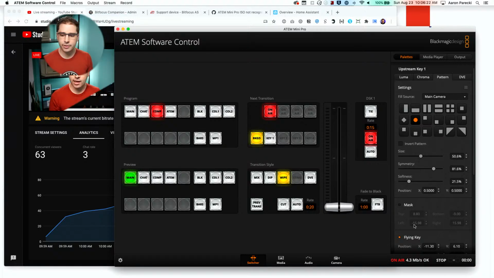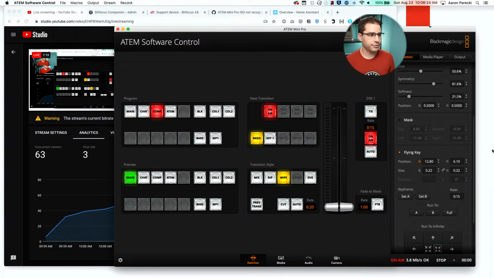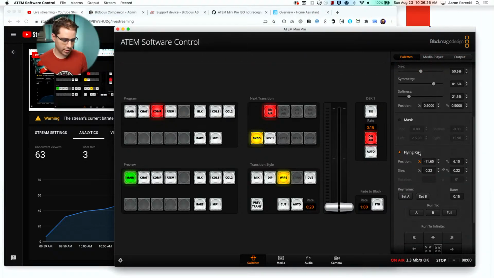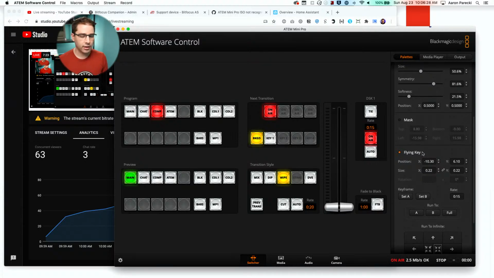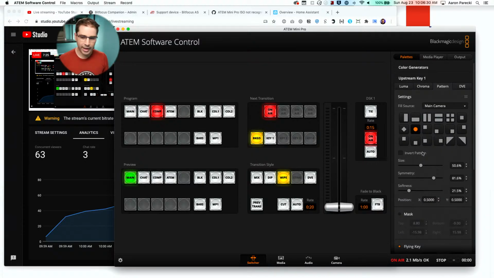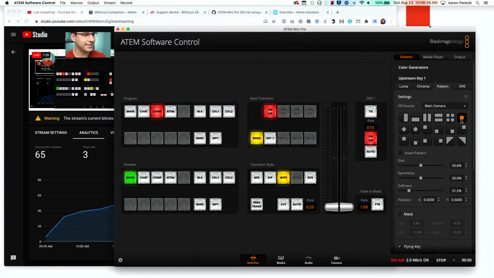And that's where I think it gets cool. So you use the flying key and then you can be anywhere on the page. Is there a heart pattern as well? I don't see a heart pattern in here. It's just these. I wonder if you can change any of them, but no, I don't think you can make a heart out of these. So that's interesting. It would be cool to have a heart pattern.